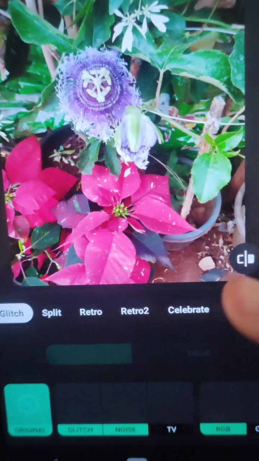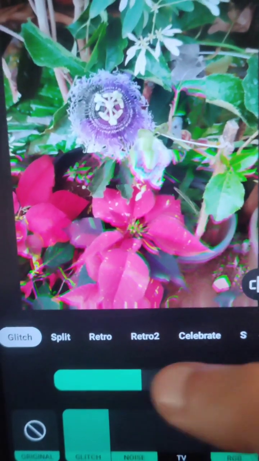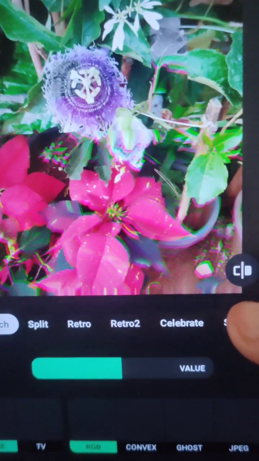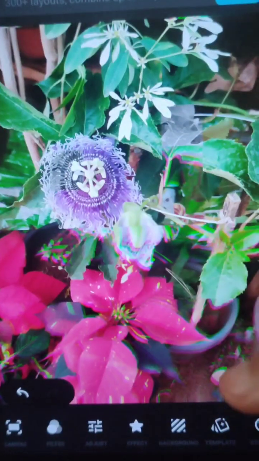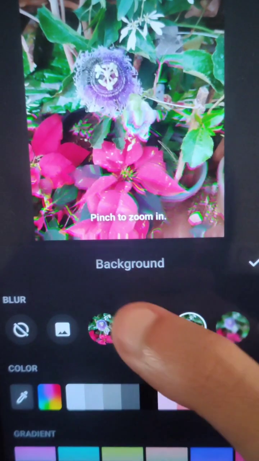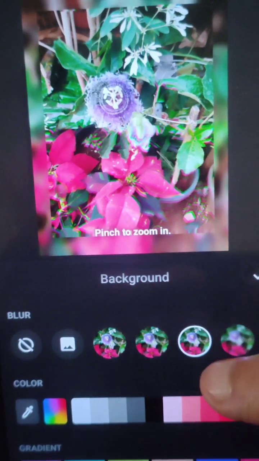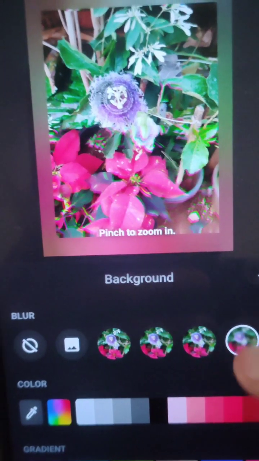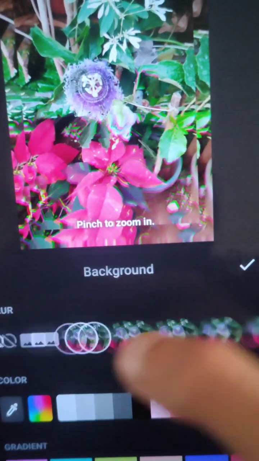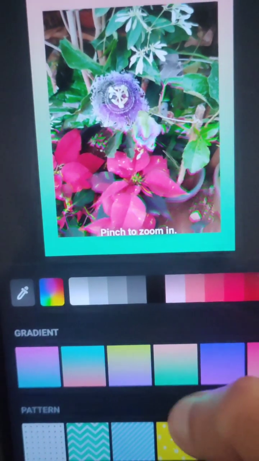Now it is about any effect you want to give. I say glitch, so it gives this effect. There are so many effects which are free of cost. You can use them and it will perfectly work well. Plus you can give a background like this. Background you can give if you want. Anyhow, you can blur the background in different ways, little bit more, fully blur, or you can use any other